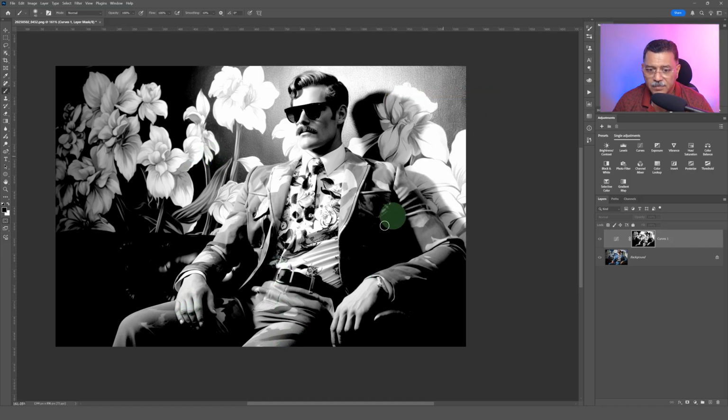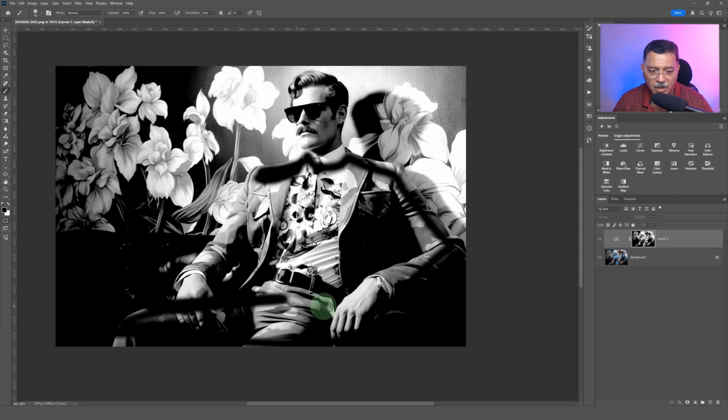Click OK, and if there is any area you don't want to work with, you can simply take the black brush, 100% opacity and flow, and paint on it. Okay, so what will happen is we don't want that. And instead of going and painting everything, what you can do is use the lasso tool and roughly draw around the area that you don't want to affect,